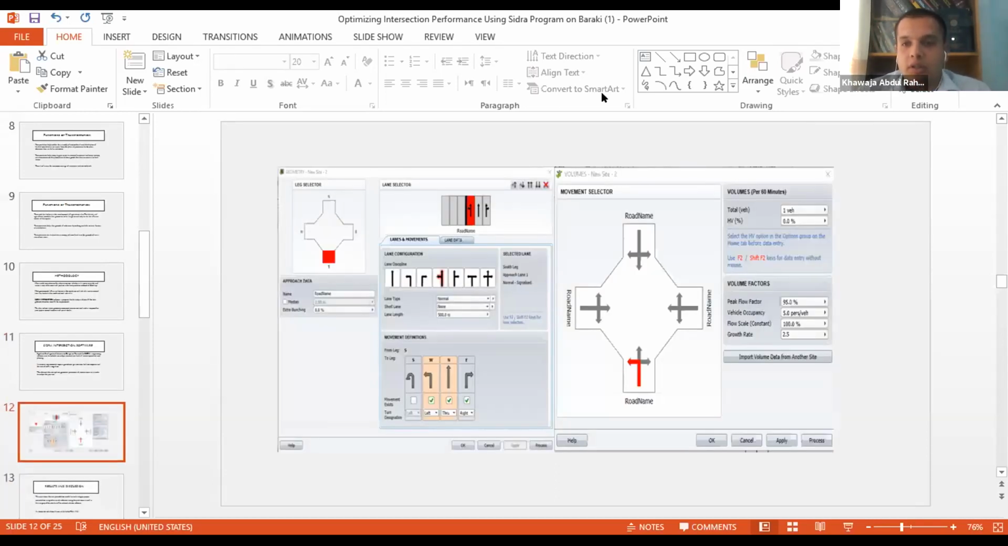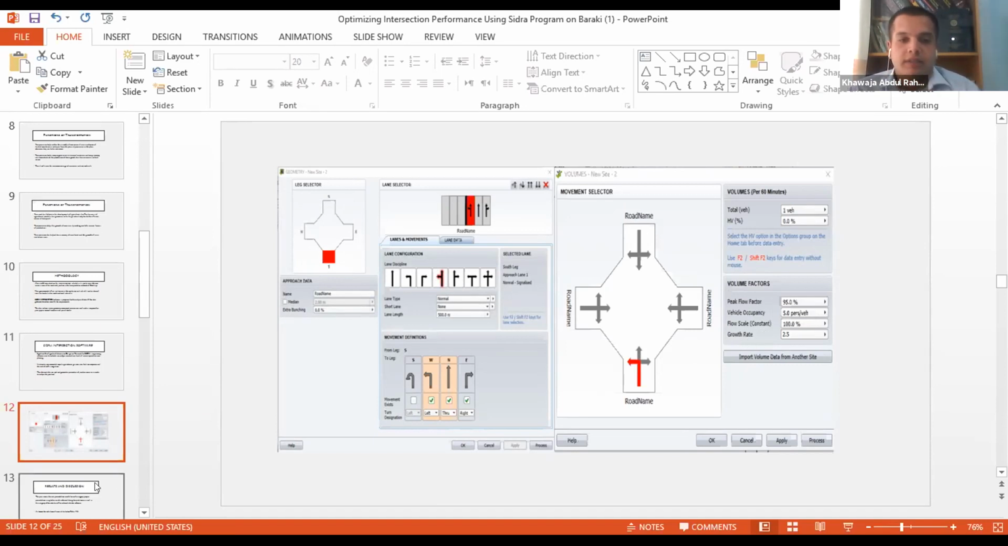This is the procedure of how we can input the data into the Sidra software. In this part, the approaches are mentioned here: south, north, east, and west. Here we can mention the road name, median, and the distance between two roads. Here we can specify the lanes for the Sidra intersection, and here we can specify the movement direction. In the next section, we upload the data that we have gathered from the site, along with the peak flow factor, vehicle occupancy, and